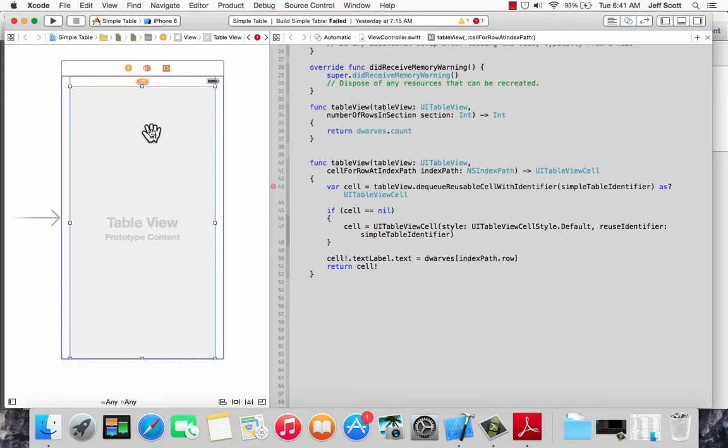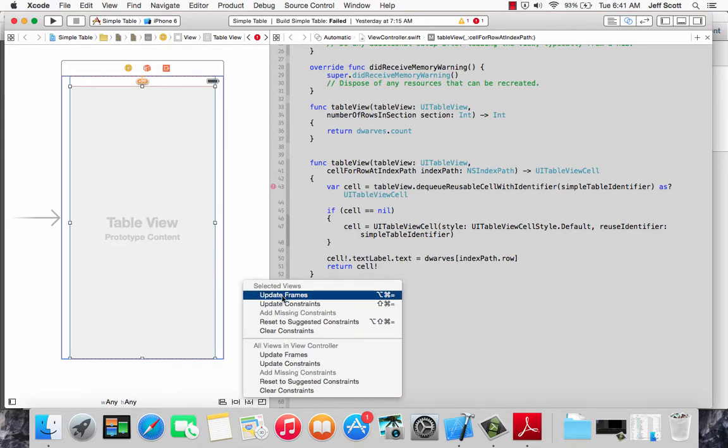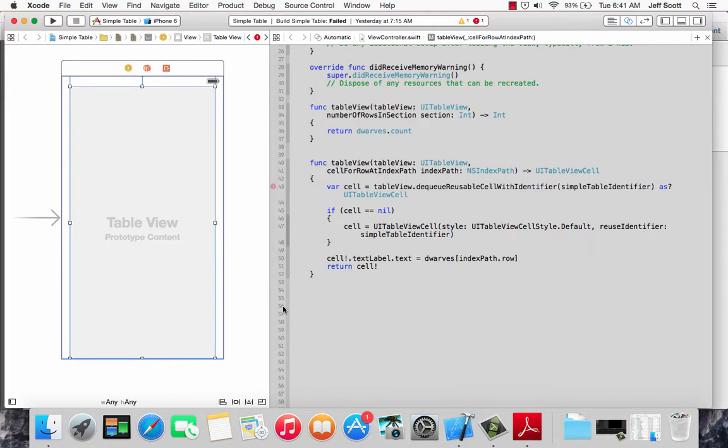Now I don't want to go on about it any more than that. So the author says, as long as you're doing this, click Resolve Auto Layout Issues, Update Constraints, so that should fix that. Okay, and they tell you to run it again, but again, since I'm having problems with it, it wouldn't make much sense to try to run it again. Alright,